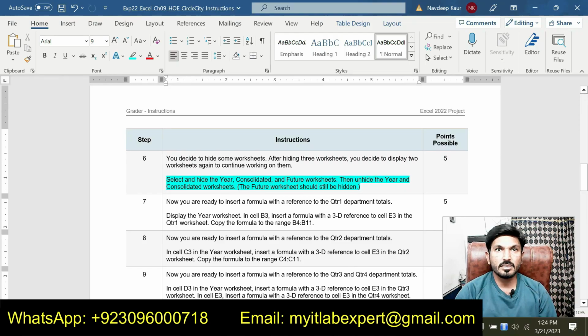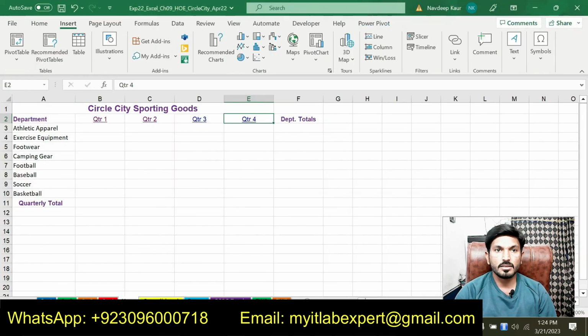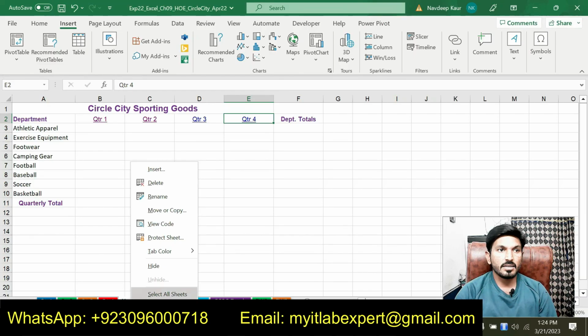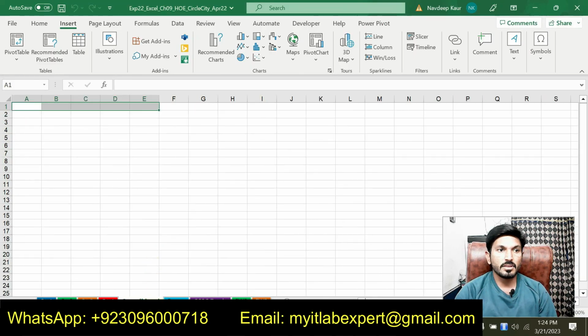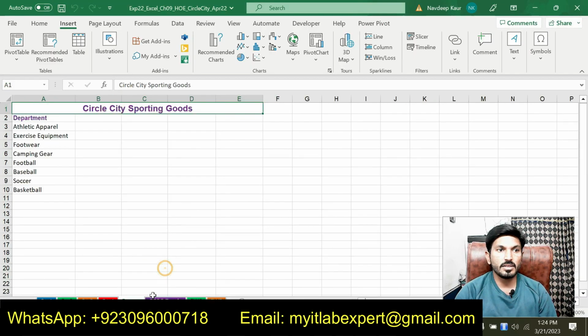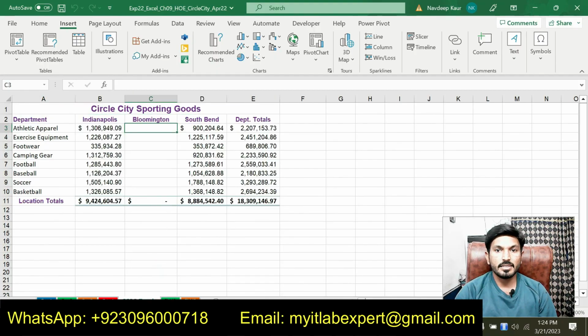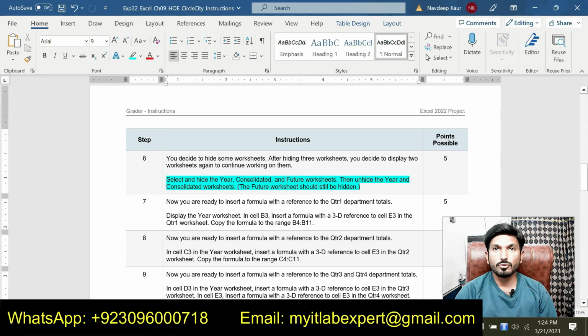So we are supposed to hide the 3 sheets: first Year, then Consolidated, and then Future. Year is here. Click on it and hide this one. Then Consolidated, hide this one, and then Future, hide this one. So we have hidden 3 worksheets. After that, we are supposed to unhide the Year and the Consolidated worksheets. So the Future worksheet